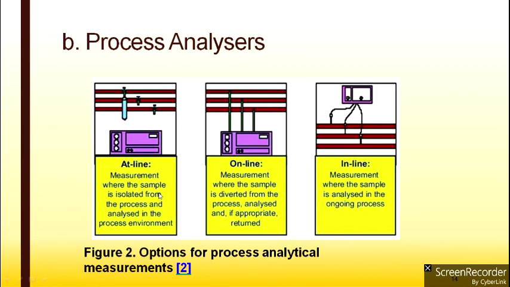Outline is where you take the sample, isolate it from the process, and analyze it in a different environment, checking whether it is within the particular parameters or not. So after the analyzing is done, you isolate it and check in a particular environment whether whatever you have done is right or wrong. So remember the terms: online is with the process. Inline, unless and until it is right, does not allow you to go through the process. Outline is after the analyzing; you can take the sample, isolate it, and then analyze it in the process environment.